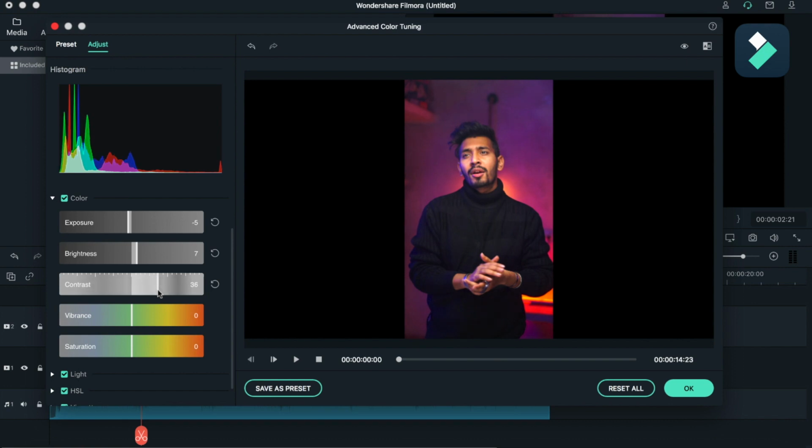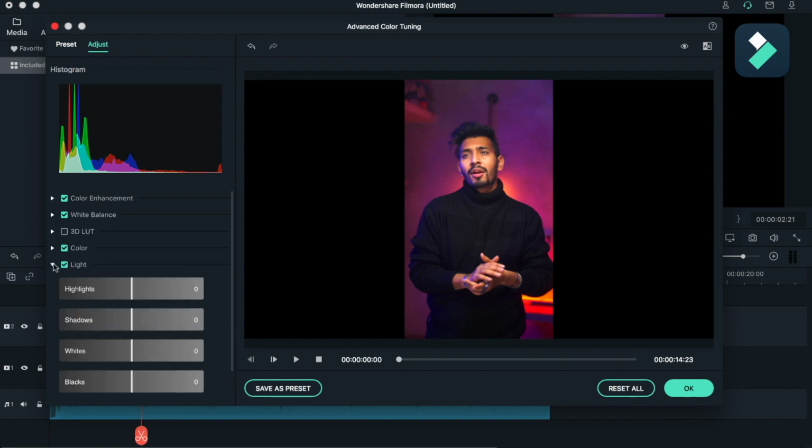I do heavy contrast on my reels on Instagram, so I'll be going crazy with that and a little bit with vibrance. And I will pull down some of the saturation, like -4.